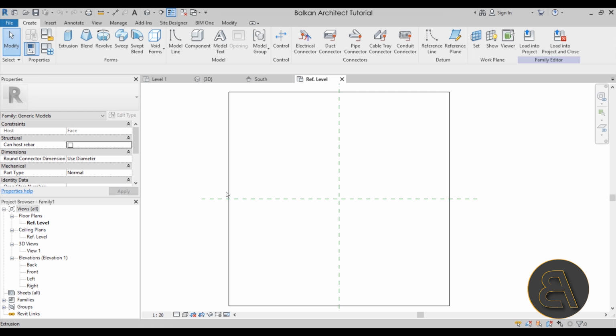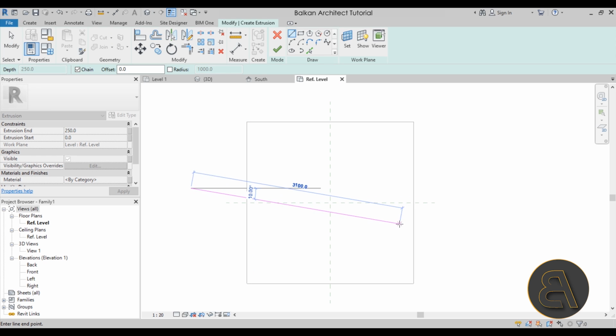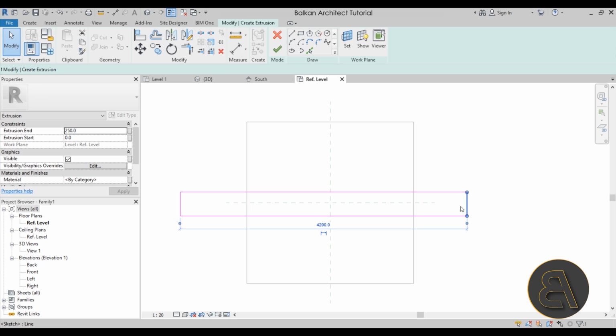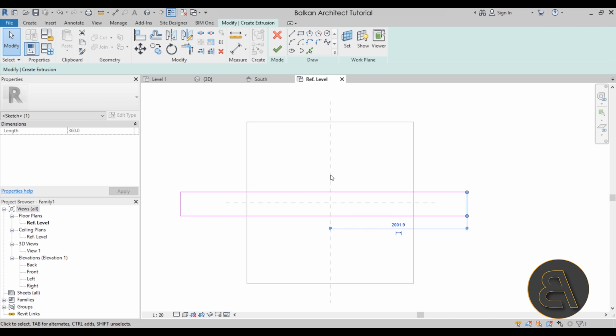So the first thing that we need to do is to create that wooden part. I'm just going to create a simple extrusion, and let's go with a rectangle. For the dimensions, I'm going to measure from the center, and then I want 1600 on each side, a total of 3200. There we go. Now for the length, let's go with